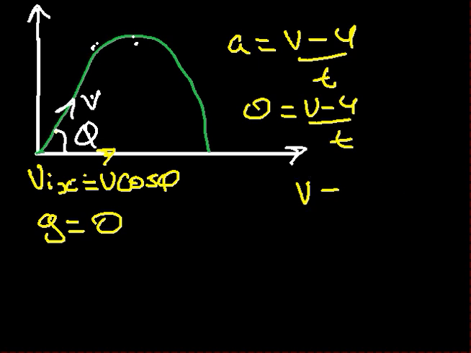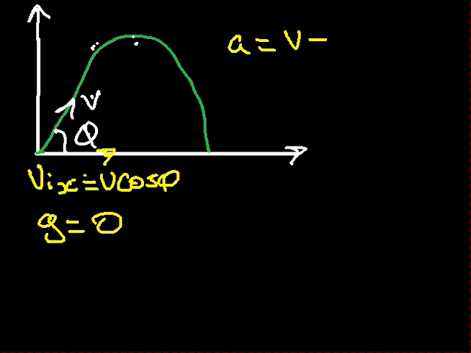So along the x-axis, what it means is that the speed does not change. In other words, the velocity does not change. It remains the same because the acceleration due to gravity along x is given as 0. Which means that until the object strikes the ground, the velocity of the object along the x-axis will be given as